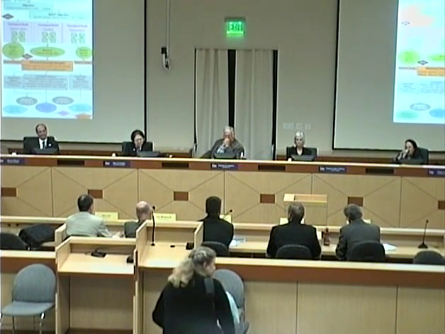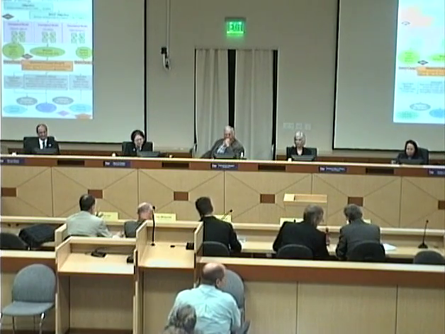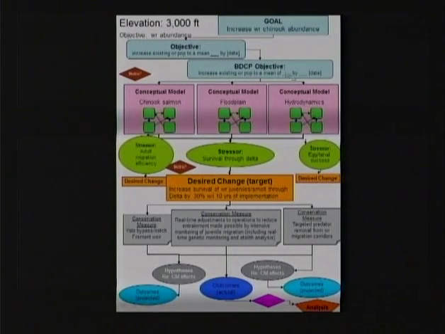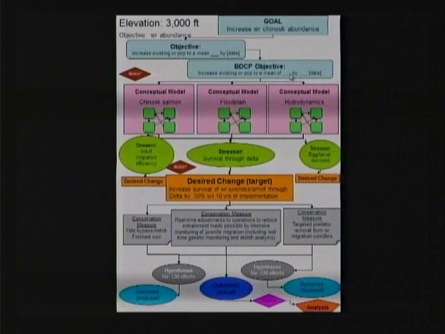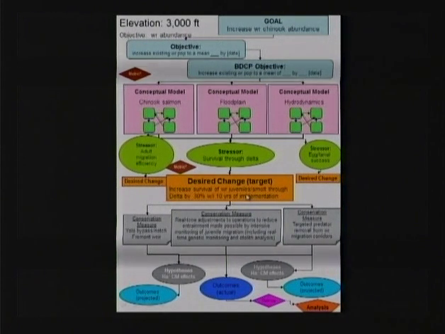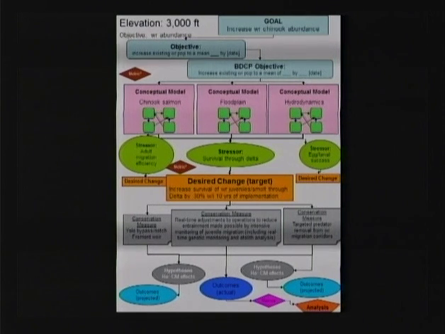So here we've laid out the different assumed stressors, and I'm only going to take one of them. The stressor being survival through the delta is limited, and so when you talked, Chairman Hoppin, about interim objectives, here is a place where you can start talking about setting interim objectives. This is the long-term objective. We want so many fish by a certain date. The interim objective is, well, if we think that survival through the delta is a problem, what can